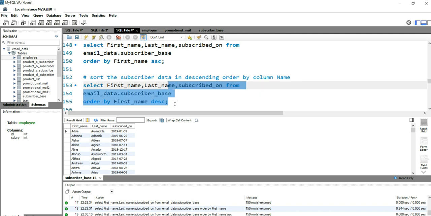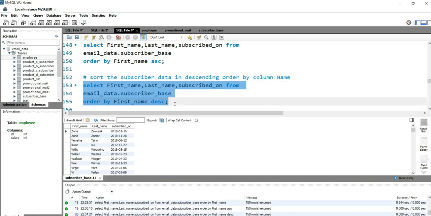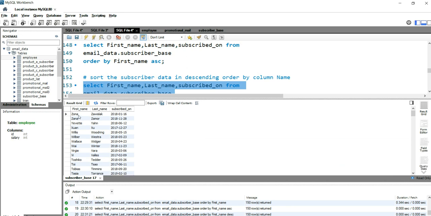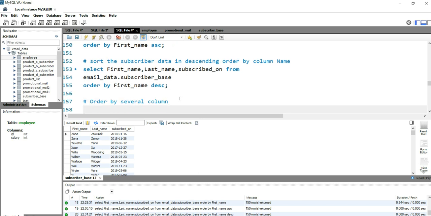So now I'll run this SQL code. The result set is here, and we can see that the data has been sorted in descending order using the first name column. Now the third example that I want to show you today is the order by several columns.